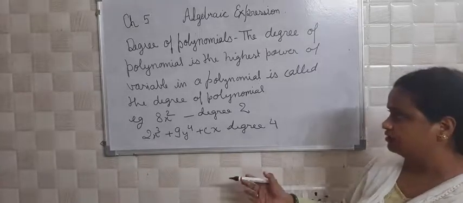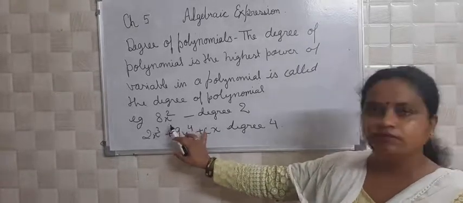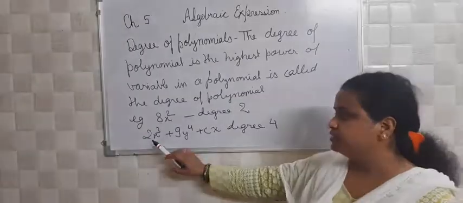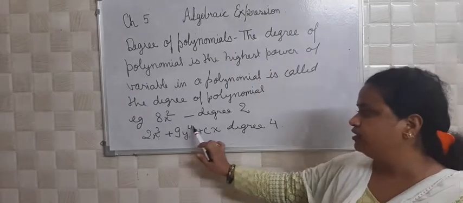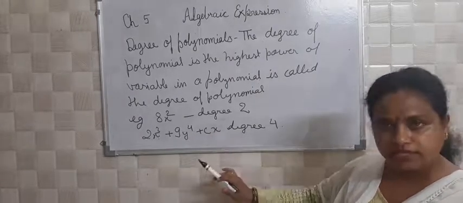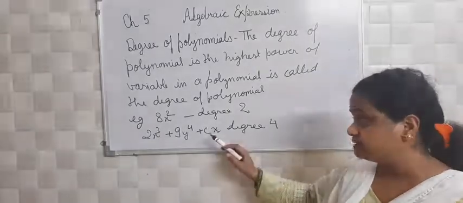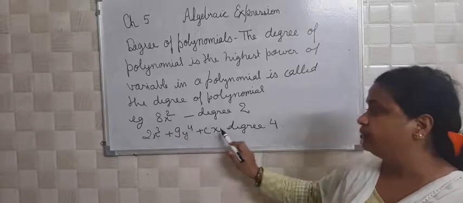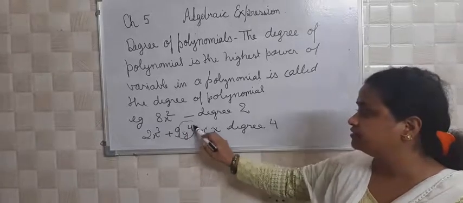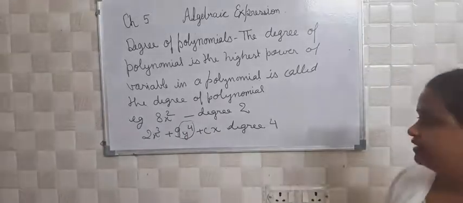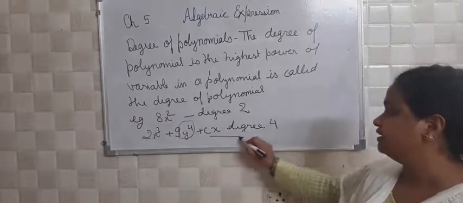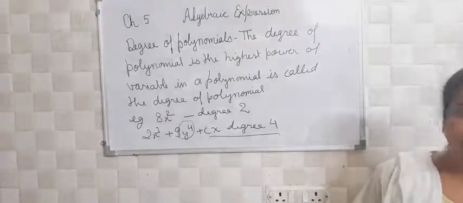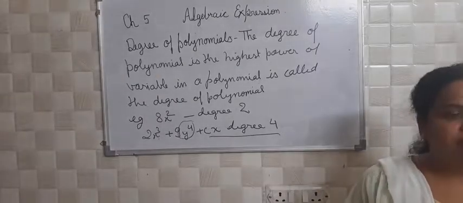Now we see 8x square. So here what will be the power? 2. The degree of this will be 2. Here you see, here degree is 3, here 4, and here 1 plus 1, 2 degrees. So which is the maximum degree here? In the second part we see 3, 4 and 2; 4 will be the highest. 4 will be having the highest degree. So we will say that degree of this equation will be 4. Okay, is it clear to you all?